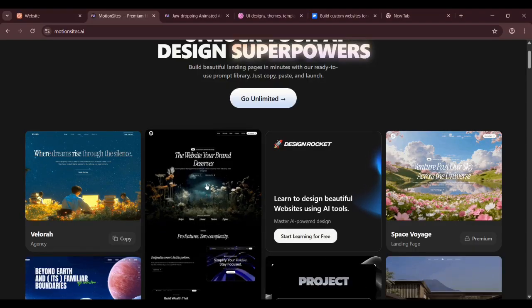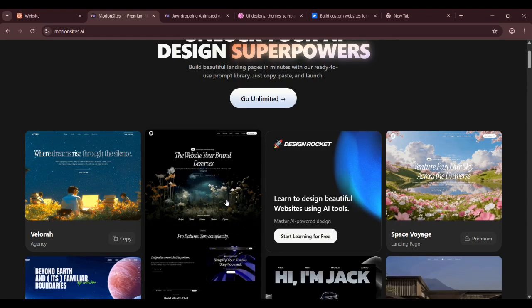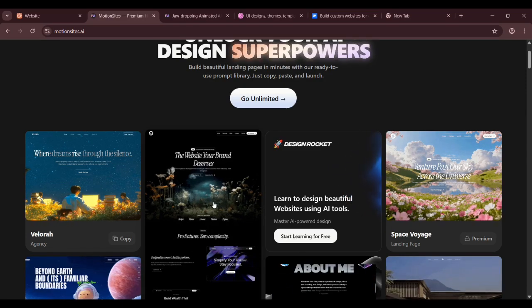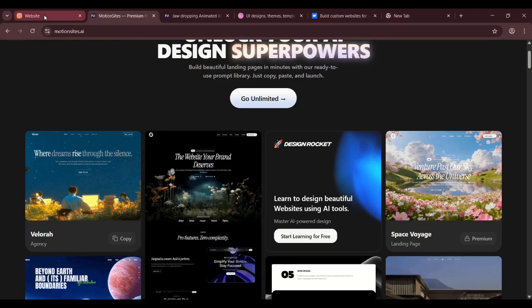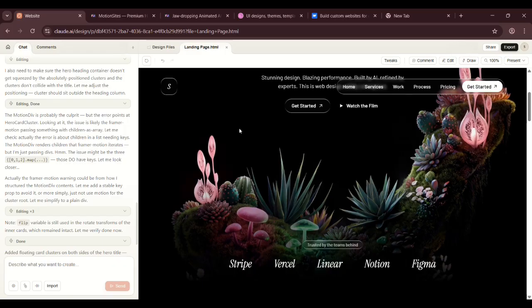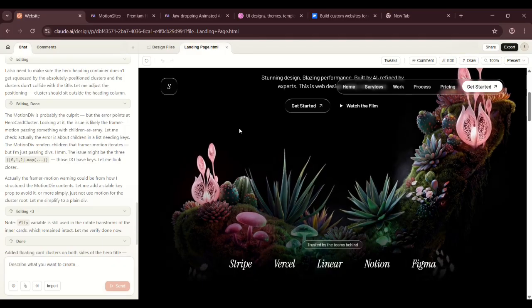You can take the videos. If you want to update the video, you can update it from Google Veo 3. You can update the video, and you can create the images around your theme, and then you can add them from Claude Design on your website. And these are the type of websites which you can sell for more than $3,000, $5,000, and you can